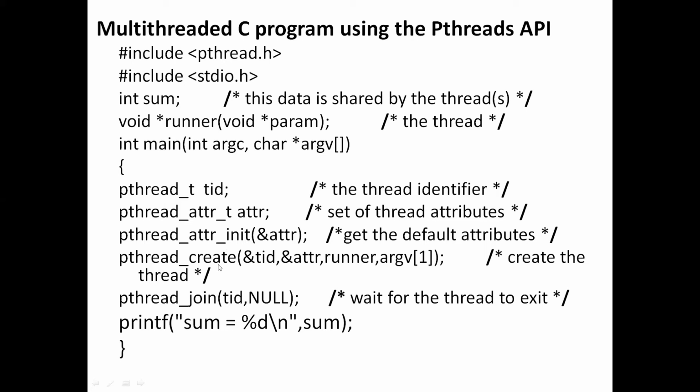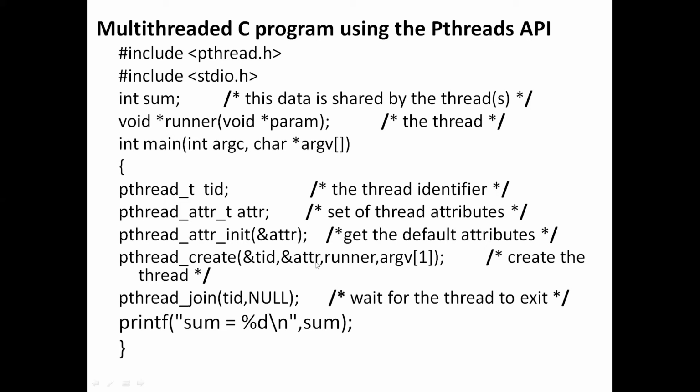This pthread_create procedure also comes under the pthread.h header file, and we are passing 4 parameters to create the thread. The first parameter is &tid. This specifies the thread ID. Every thread will be identified by using a unique thread ID that will be specified by tid.